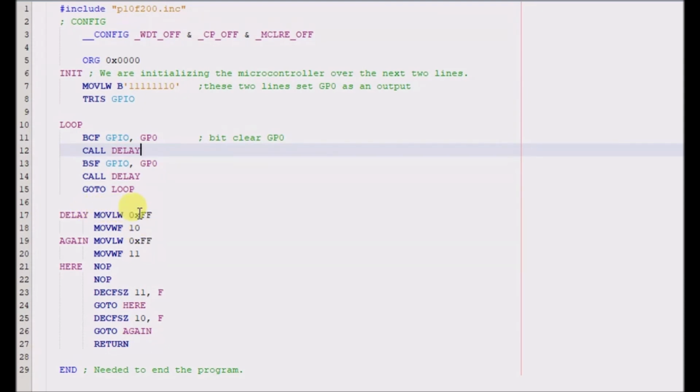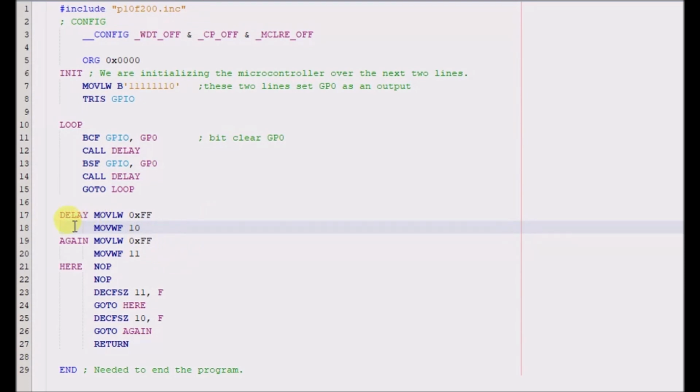So I take all ones, I put it into the working register, and then I take the working register and I put it into a file. Maybe I could do something like that to specify that it's in a file, but the default, of course, is the file register, not the working register. Again, working register would be 0, the file would be 1. So anyway, I take all ones, I put it in file, more specifically 10 in hex,